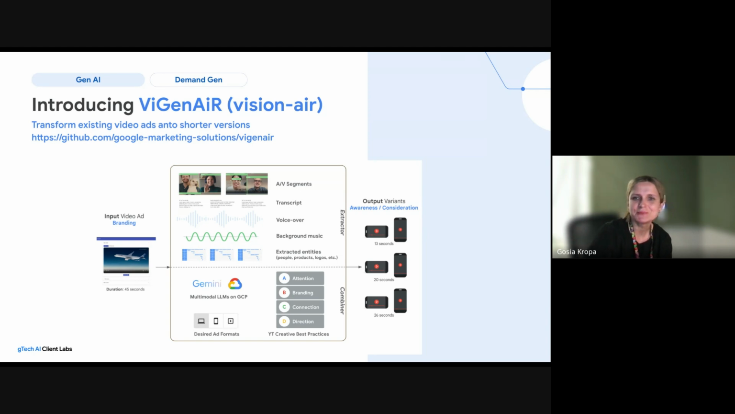Another potential pain point for advertisers is generation of high quality video assets in different durations, video ad formats. And again, Google AI can help you unlock,